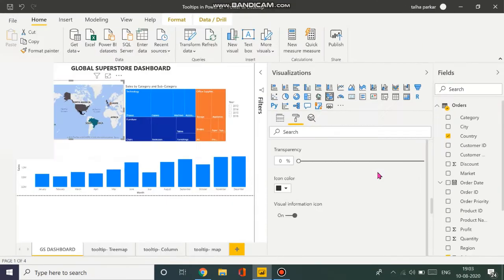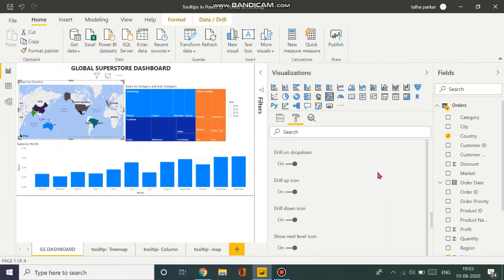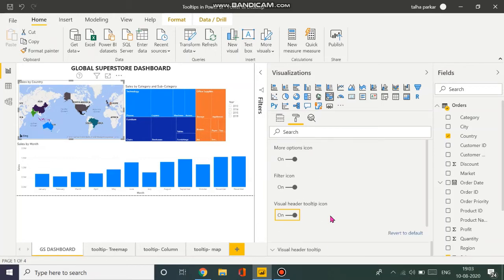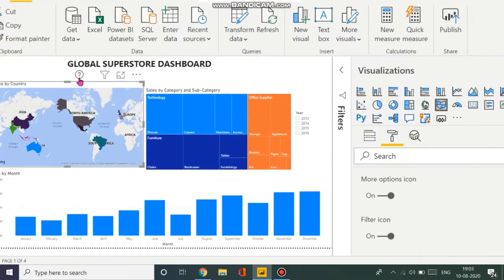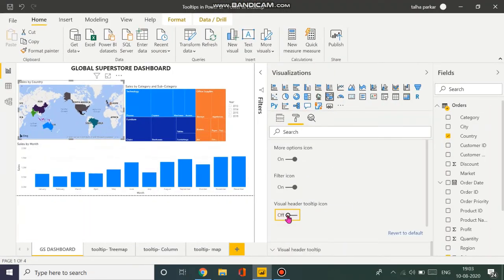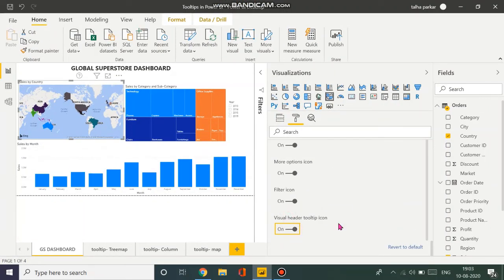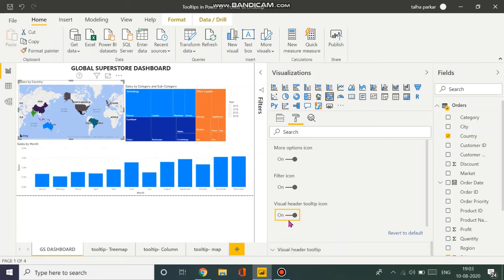And let's zoom out a bit. Okay, you scroll down, and once you scroll down, you see a visual header tooltip icon. Let's turn that on. Okay, now go back up. Now see, you see this question mark over here? This is not there earlier, this question mark, and once you turn it off, you can see that it goes away. So this is the tooltip option that we have here, and once you turn that on, you